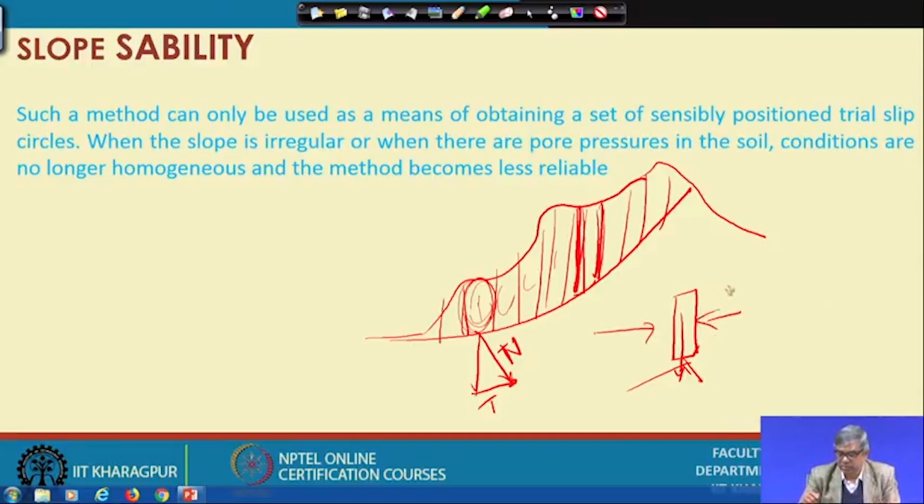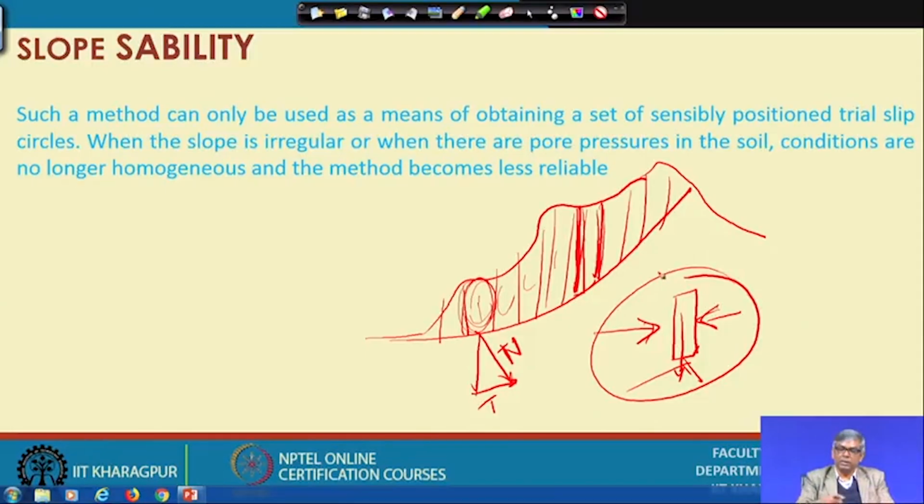Now Jambu suggested the two side forces, so the force from this side and this side will be different. When we consider the equilibrium, the number of unknowns is more than the number of equations, and because of this the problem is indeterminate. But to solve this problem, Jambu initially assumed that for a small slice the left side force and right side force are equal, and based on that he gave a solution, and it worked well. It was a quite tedious method, but quite